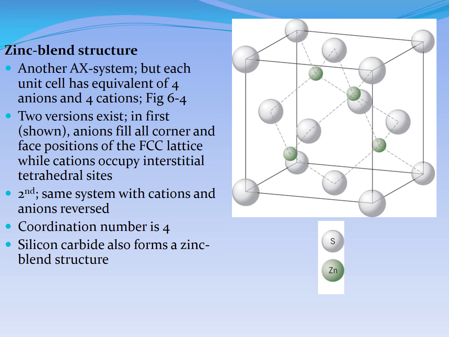But this time the smaller ones, the zinc, is not on this line and this line and this line. This is the other one. Remember, we just showed you a few slides ago octahedral, tetrahedral, right? So this is the tetrahedral type. The bigger atoms or the bigger ions are still face centered, but this time the coordination number is 4. This time the coordination number is 4, right?